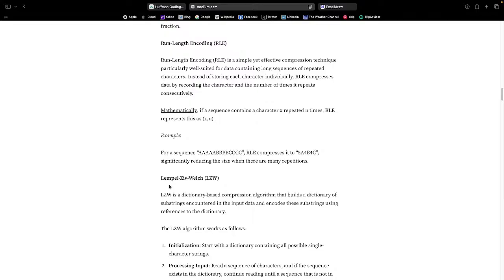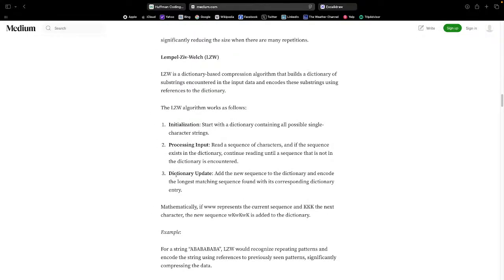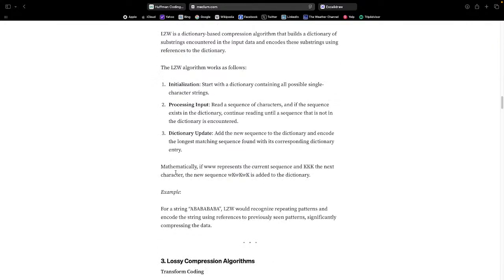Processing input: read a sequence of characters, and if the sequence exists in the dictionary, continue reading until a sequence that is not in the dictionary is encountered. Dictionary update: add the new sequence to the dictionary and encode the longest matching sequence found with its corresponding dictionary entry. Mathematically, if w represents the current sequence and k the next character, the new sequence wk is added to the dictionary. Example, for a repeating string, LZW would recognize repeating patterns and encode the string using references to previously seen patterns,